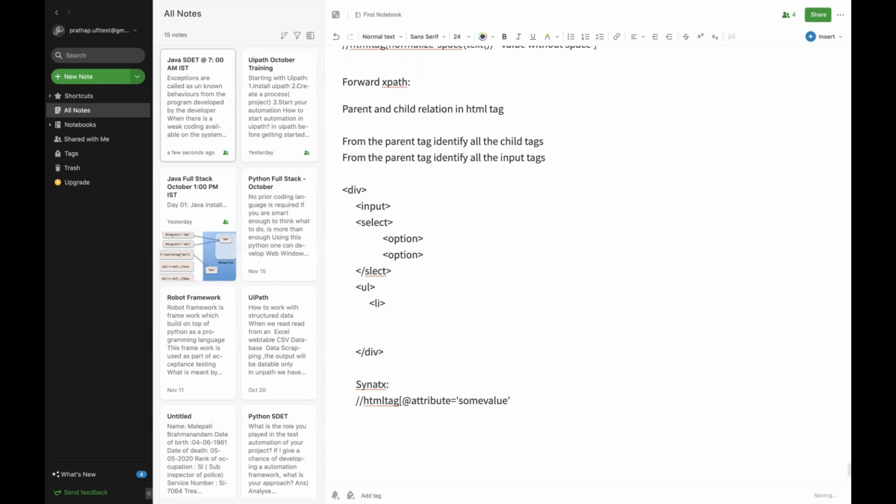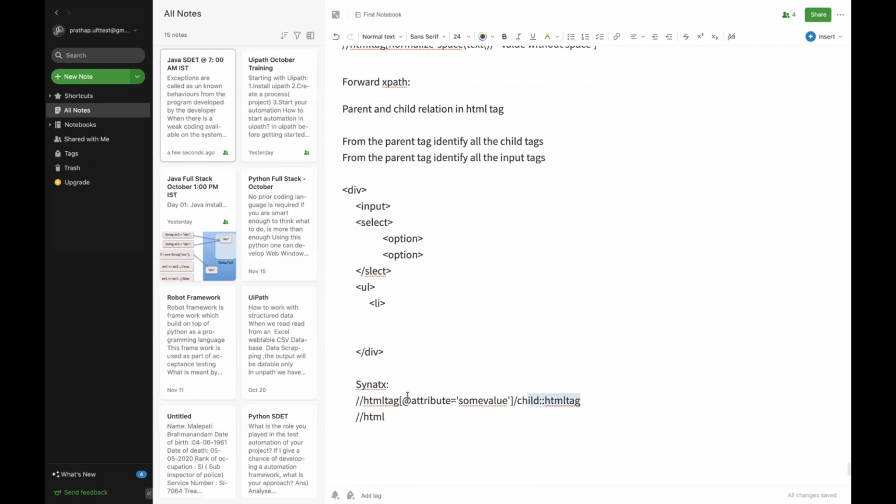Then write // child, double colon, HTML tag. Or else, if you want to get all the tags, then what you want to do is put the HTML tag.